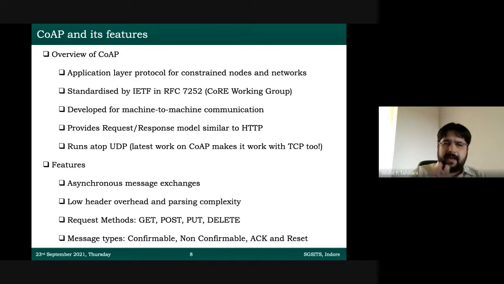Another thing, the CoAP header is a very small header. In one of the slides, I have added that header. It's a very small header with bare minimum functionality. Hence, the overhead of processing the header fields is also very low, because IoT doesn't have too much processing capability. So you don't want a complex header. So it's a simplified header.